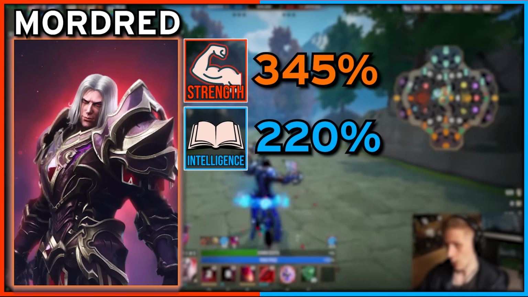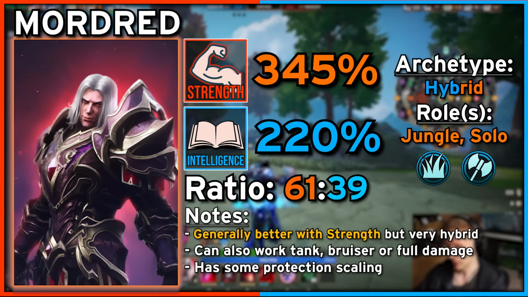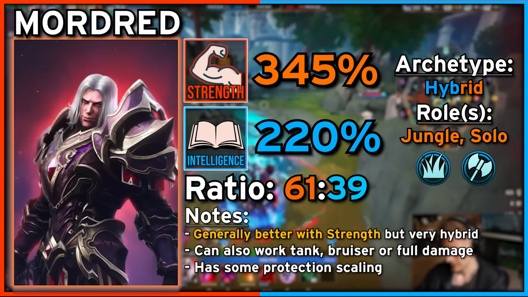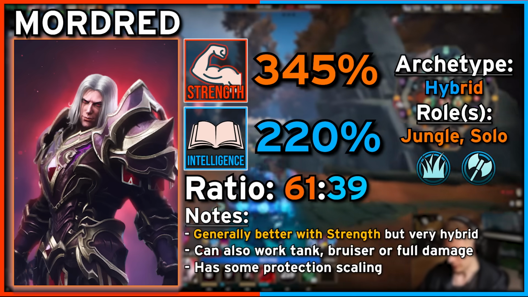From a simple mono-scaling god to the most hybrid god there currently is in Smite 2, next up is Mordred, who is hybrid in 3 different ways. He's a tank-assassin hybrid that can work well with tank builds, bruiser builds, or full damage builds. He's also a strength-int hybrid that scales well with both of these stats,